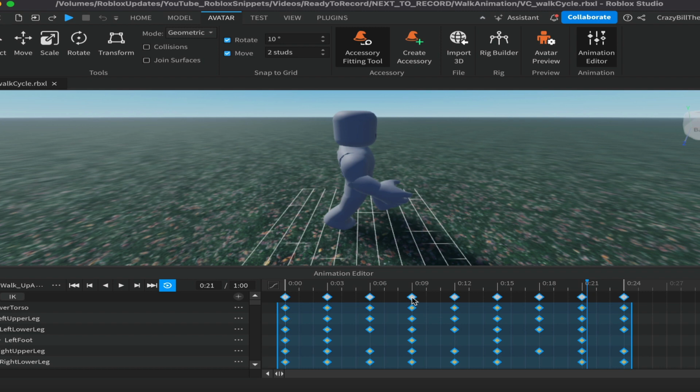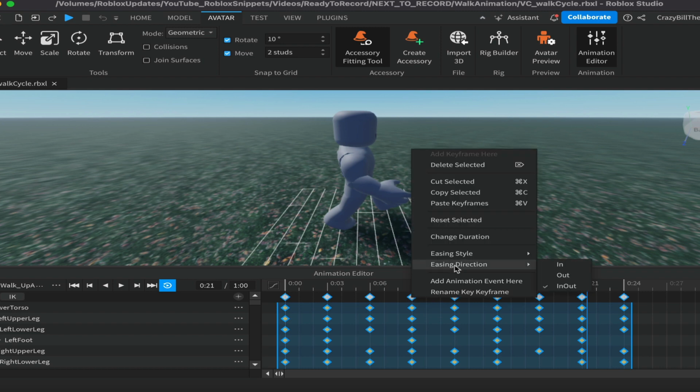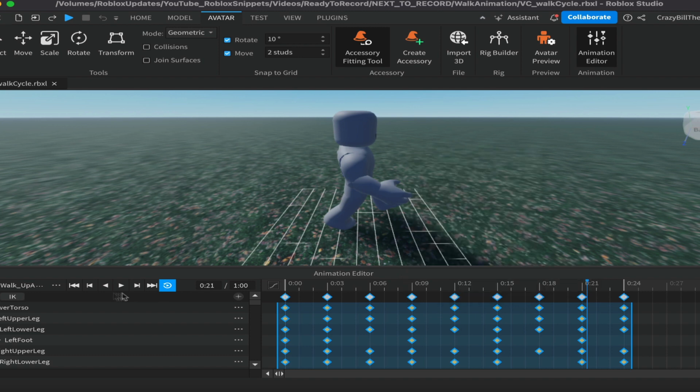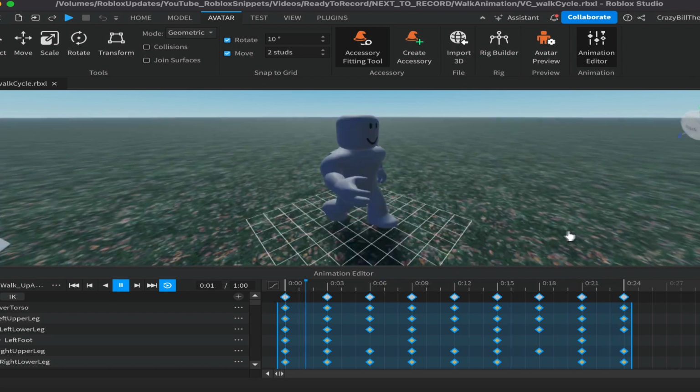And once you've done that, the other thing that you want to change is the direction. So I'm using in and out, but you can experiment with in or just out and pick one that you like. Okay, so once you have done that and you're happy with how your animation is looking,